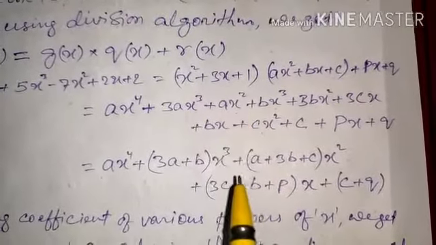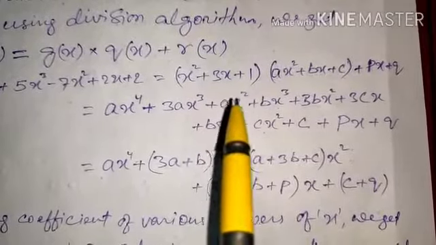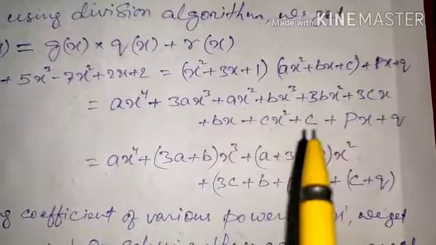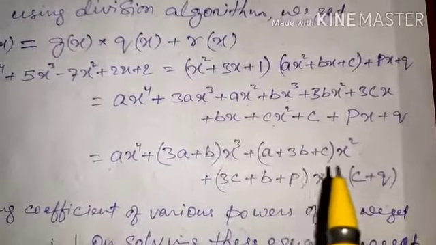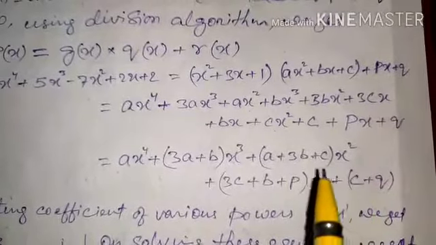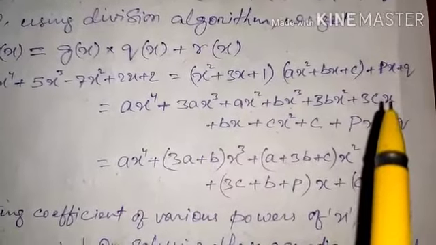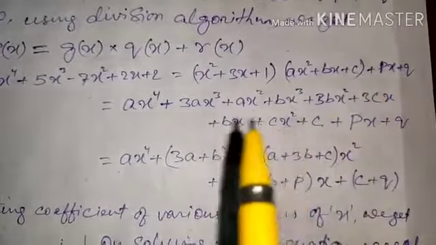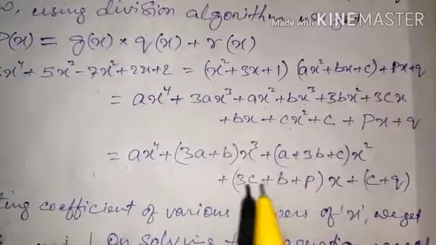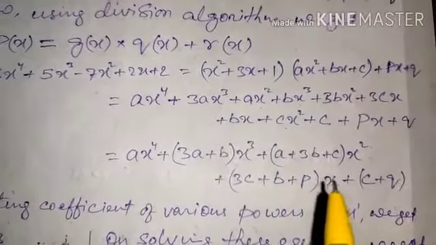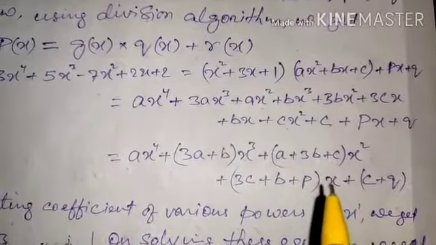After that, x square, write it with the sign of plus. One x square is here, another x square is here, another x square is here. So a, 3b and c. Taking all these three common, a plus 3b plus c, x square. Now x is left, plus one x is here, another x is here, and another x is here. So 3c, b and plus p. So plus 3c plus b plus p, and taken out x as common. I hope this is very easy and you must have understood.